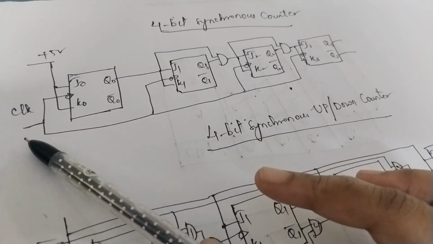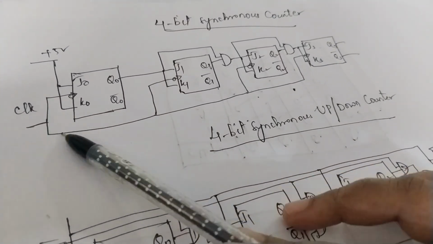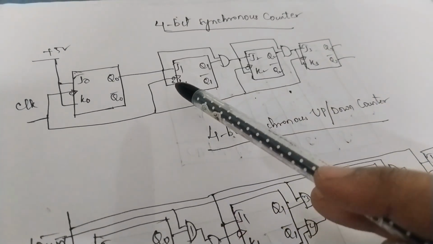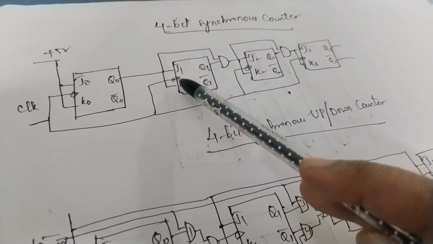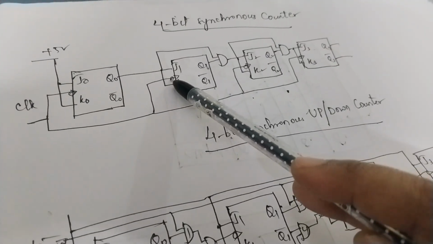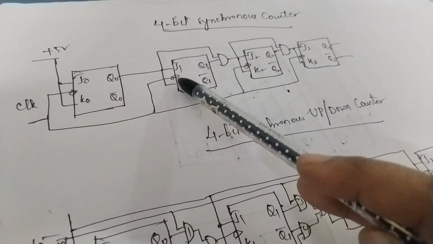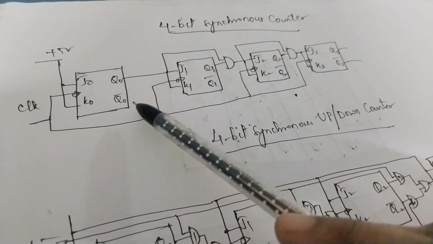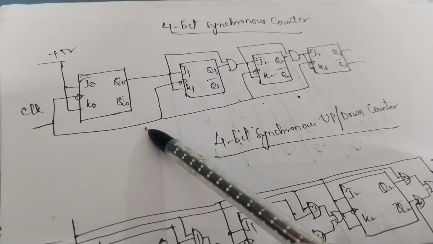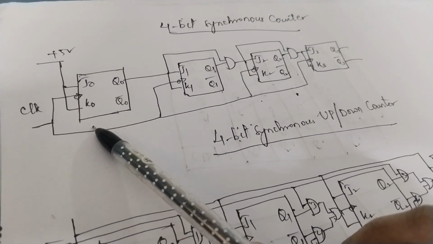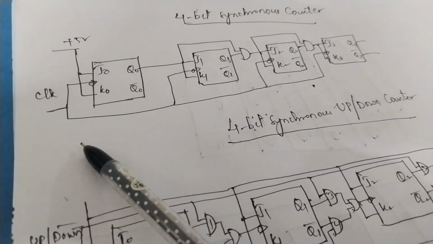You can see here this CLK means clock signal. So we are applying the clock signal simultaneously to all these flip-flops, and that too with negative edge triggering. How to differentiate between positive edge and negative edge? Here we are keeping a bubble before this edge, therefore it is a negative edge triggering flip-flop. So here we are using a negative triggering clock pulse. And one more difference between the synchronous and asynchronous counter, with the help of the diagram, is